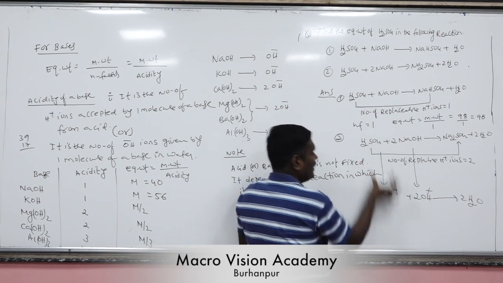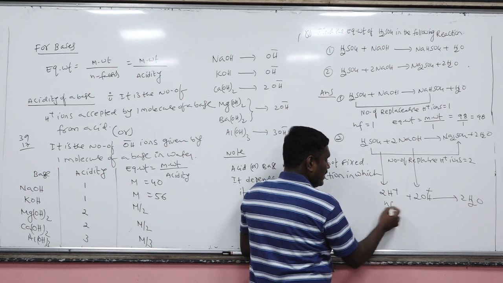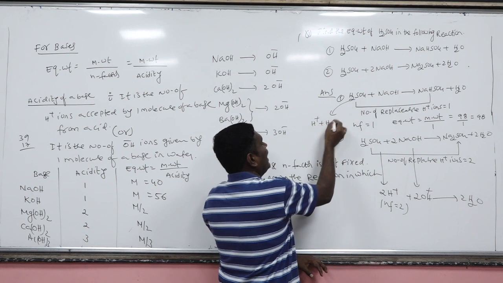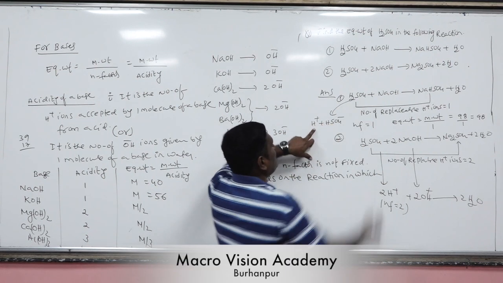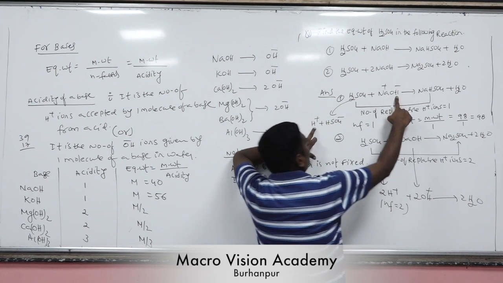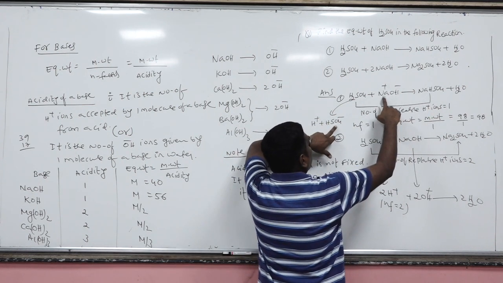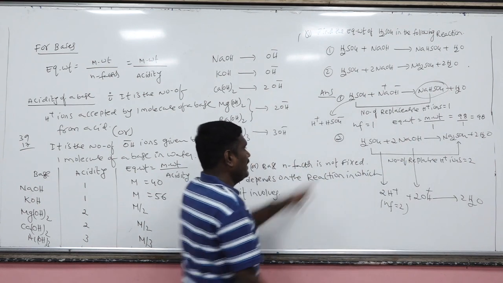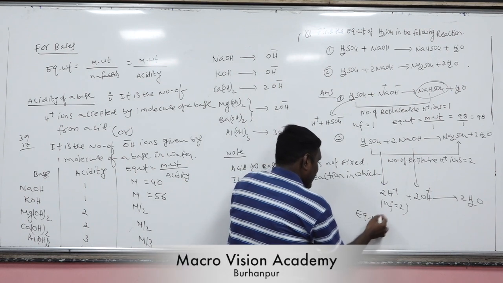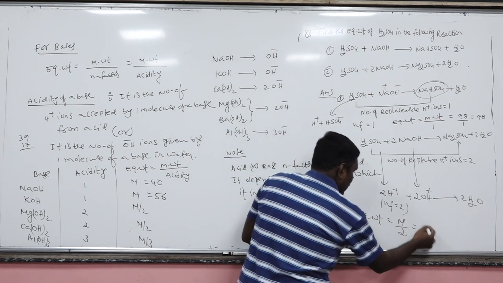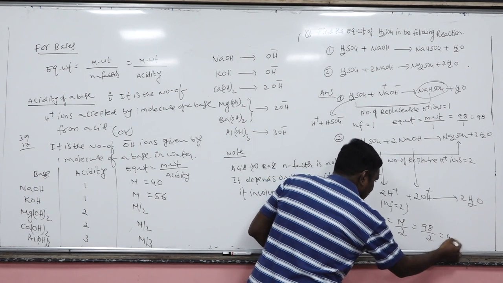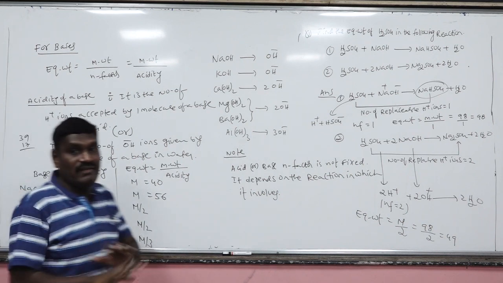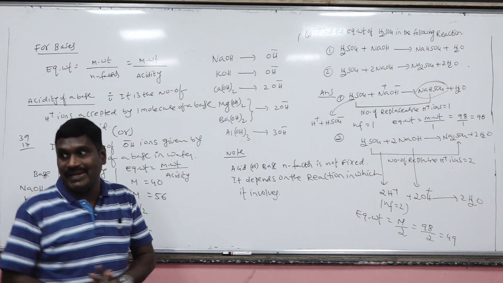That means this acid is furnishing 2 H plus ions. That's why here n factor is 2. But in the earlier situation, this acid gives only 1 H plus and HSO4 minus. This 1 H plus will combine with 1 OH minus to give water, and the sodium cation and bisulfate anion will form the sodium bisulfate salt. In this situation, what is the equivalent weight of sulfuric acid? Molecular weight by 2, 98 by 2, so 49. The n factor of acid, n factor of a base, is not always fixed. It may be variable depending upon the reaction condition.